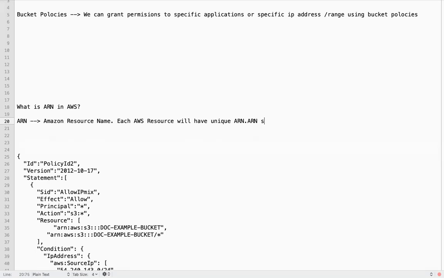ARN is used to identify an AWS resource uniquely.